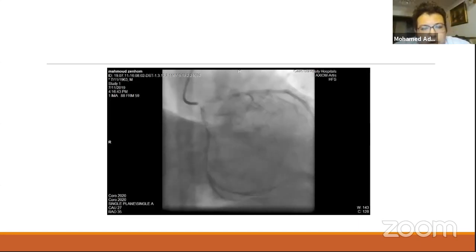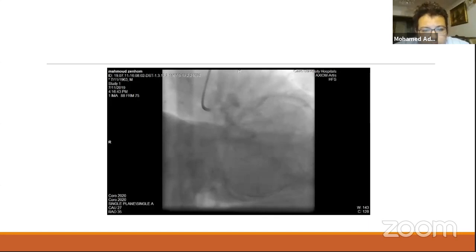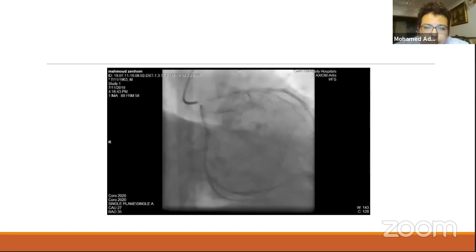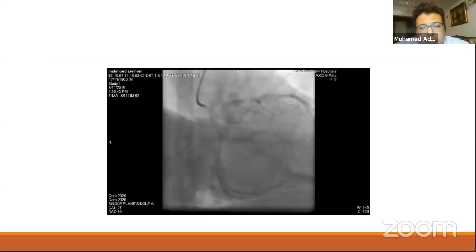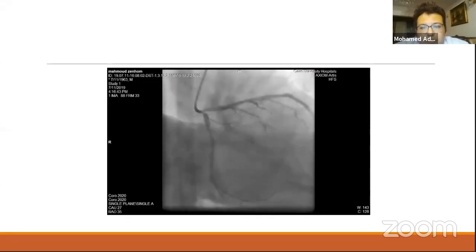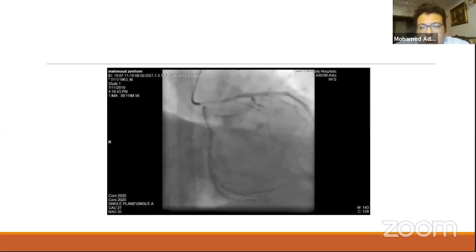After I stabilized flow in the circumflex and the patient improved, I went to the mid LAD to put my stents. I was afraid that if I started with the left main and left this LAD with subtotal occlusion, it's a large vessel.